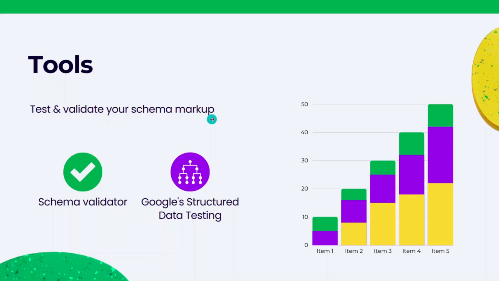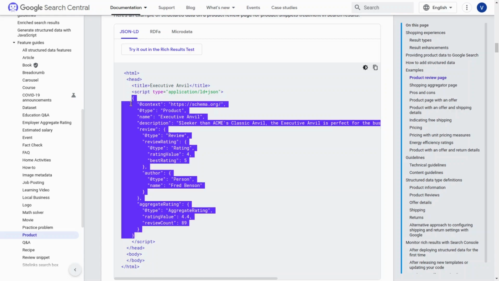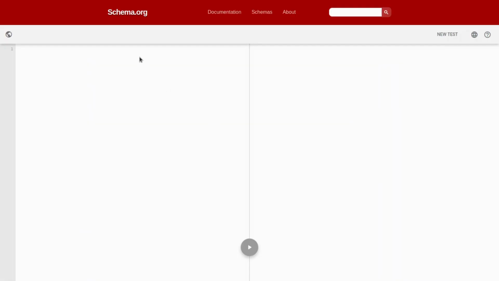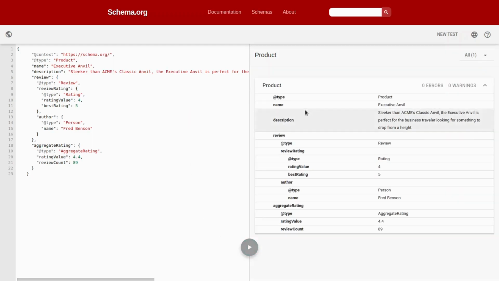Let's see a live example for the schema validator. Again, don't worry about the links, I will give every link in the description. You can take a reference. Just concentrate on the concepts that I'm trying to explain. So we will simply copy this and move to the schema validator. This is the schema validator that will validate our schema for us. I've pasted it here and now I will validate it. As you can see here, there are 0 errors and 0 warnings, which means the schema that we have defined is correct.